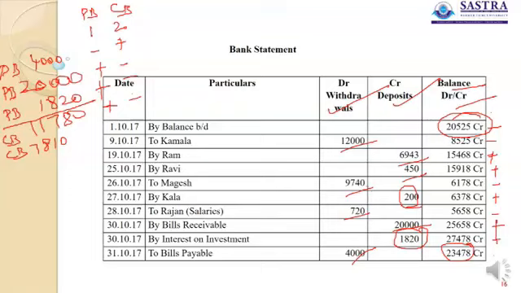And one more item is 7,810 checks deposited into bank but not yet collected. Checks deposited into bank but not yet collected. So this has been deposited into bank by somebody else. From Nirmala, a debtor, we have collected and entered in cash book, remitted in bank, which has not yet been credited by bank. So the collection has not yet been credited in our passbook, minus.